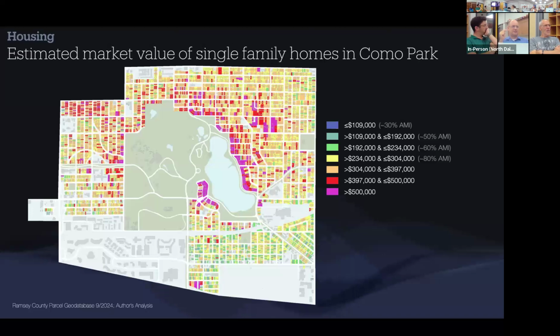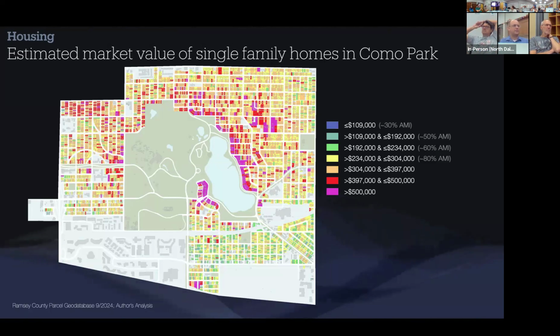You're starting to see some at 60% AMI. And I will note that the average household in St. Paul is right at about 60% AMI level. So basically, the average household in St. Paul couldn't afford the yellow, the orange, the red, or the pink colored things. They could only afford the ones above, meaning without paying more than 30% of their income on utilities and housing